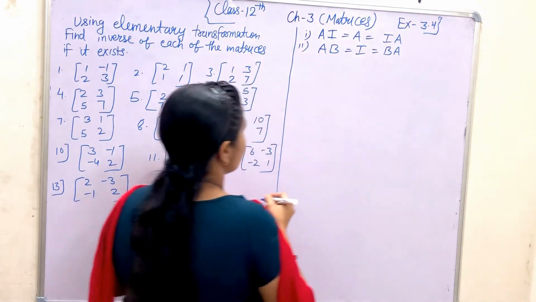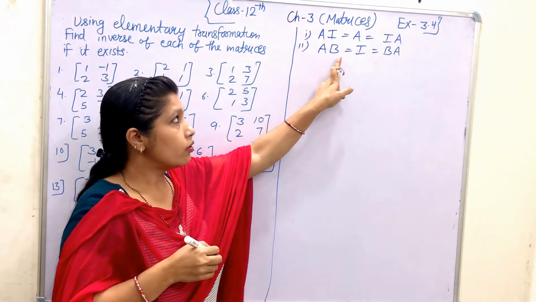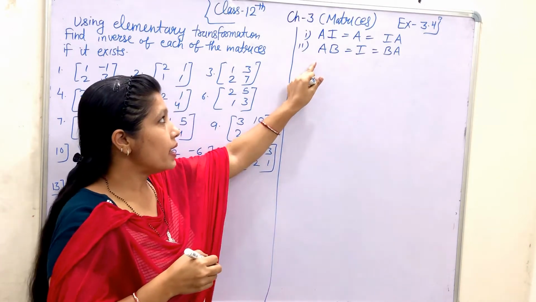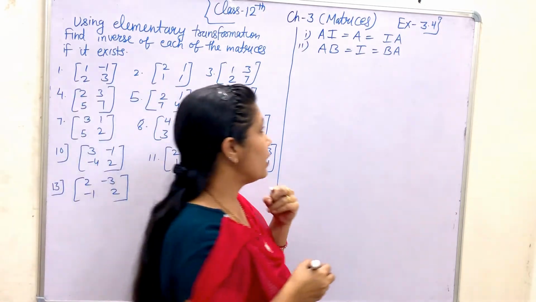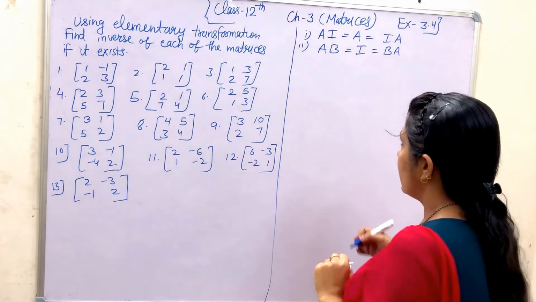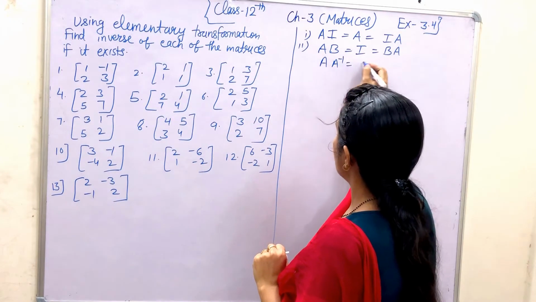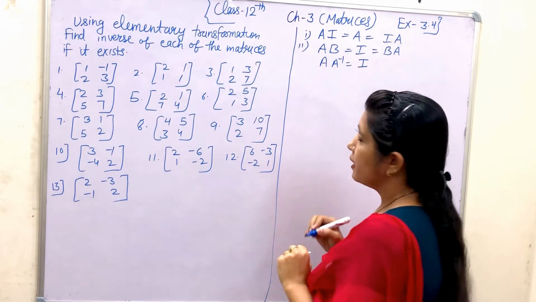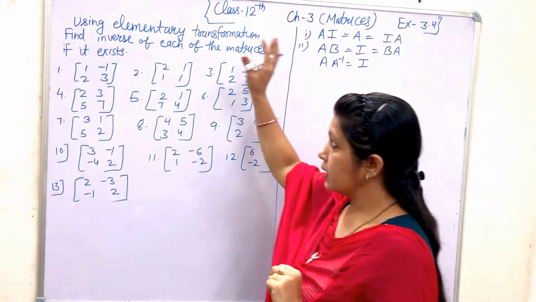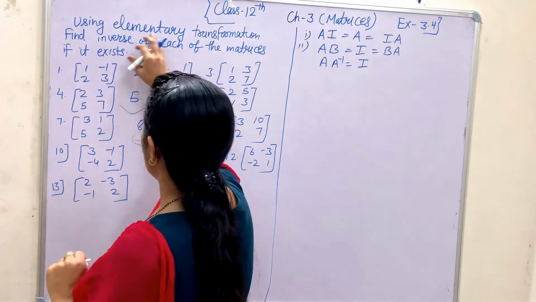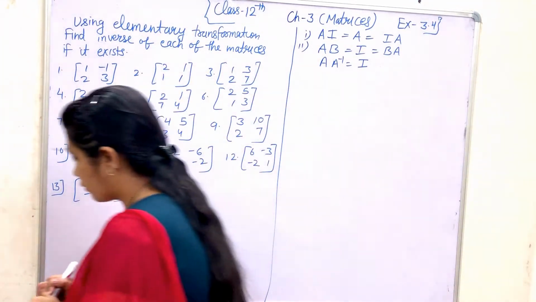Here we can say that if AB equal to identity means one matrix is inverse of the other matrix, then we can get our identity matrix. Means I mean to say if B is inverse of A, then we get identity matrix. Here we use this formula in finding the inverse of a matrix by using elementary transformation. So let's see. Our first question is,